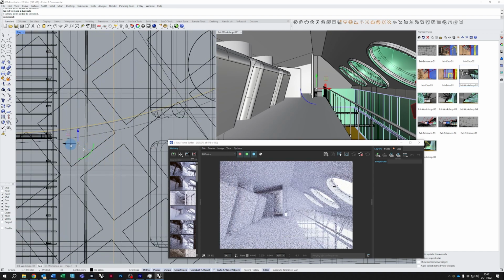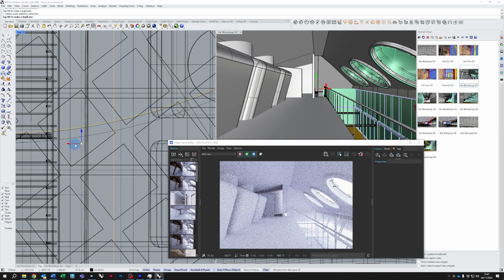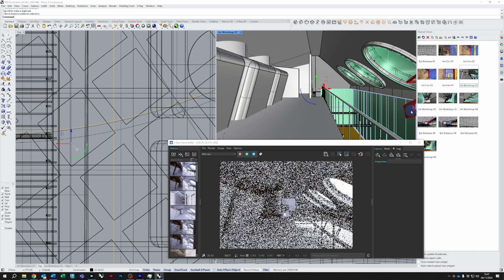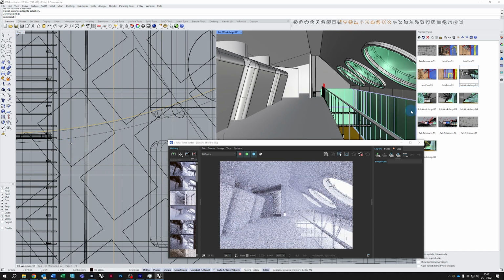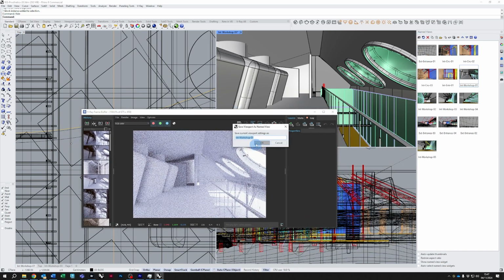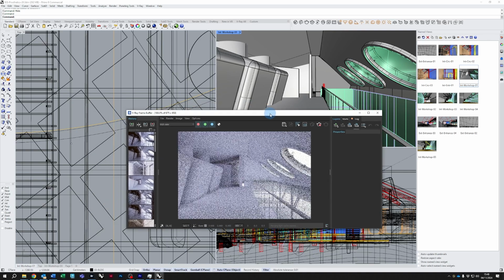And if you wanted to sort of fine tweak it, you can just move it. You might want to show more of the floor below. There's something in here you can hide. And so get these views set up, save them out, and work your way through your model. Now, one thing